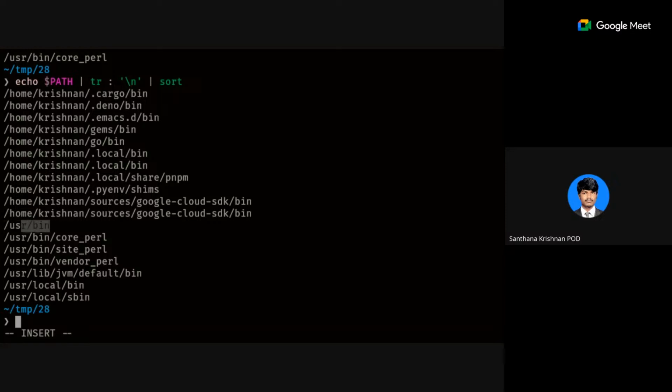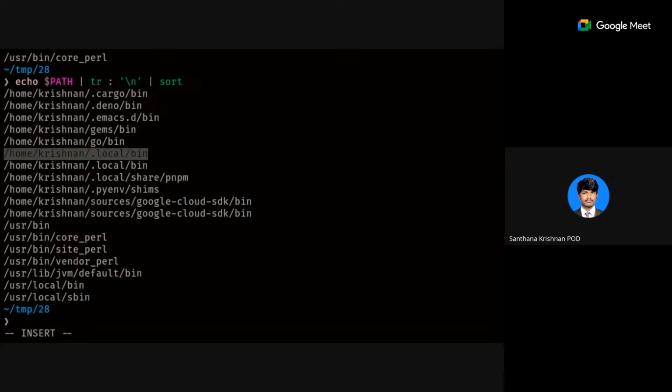So /bin is the default location where all the system files go. There is another location, /usr/local/bin. As a system administrator, if you want a package to be available for all the users, and it is not installed by the package manager, it will go here. Whatever is installed by the package manager goes to /usr/bin, and whatever is installed by an administrator who has sudo access goes here. Either I can put the script there, moving the file to give access to everyone, or else I can change the environment.